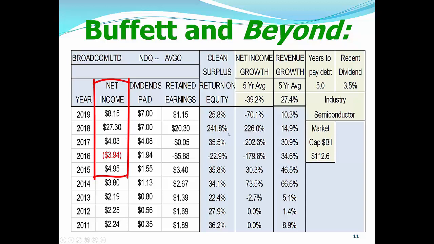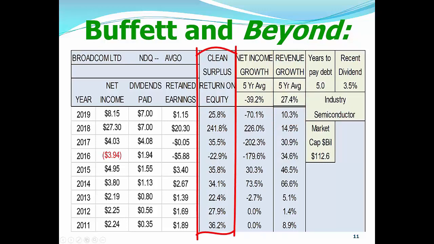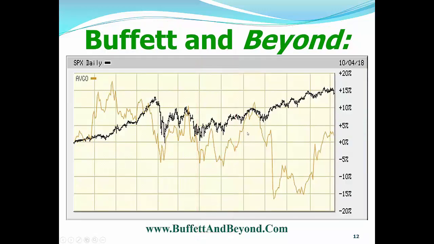So you can see the clean surplus return on equity, that is our magic number, is just all over the place. And so we really don't know how to value these stocks, but when we come over here and look at revenue growth, we still see that revenue growth is going to be 10.3% for 2019. And that's pretty good revenue growth there, folks. So with the Broadcom ROE all over the place, we know it's making money. And let us look at this past 1 year. It is underperforming the S&P 500. Wow, record earnings, and it is underperforming.